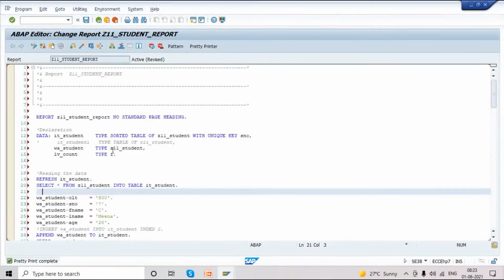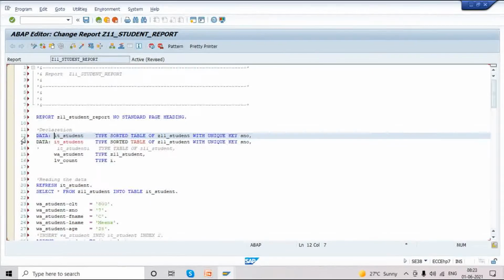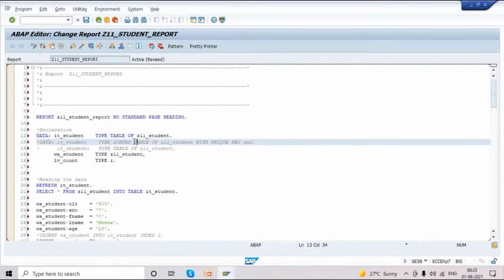See, I'm just going with this standard table. I'm just commenting this sorted one, showing the standard one.